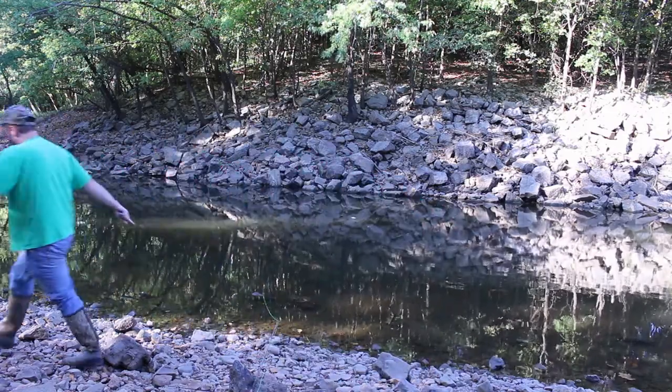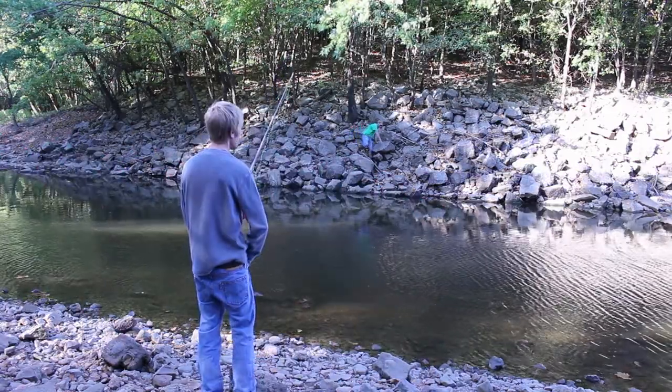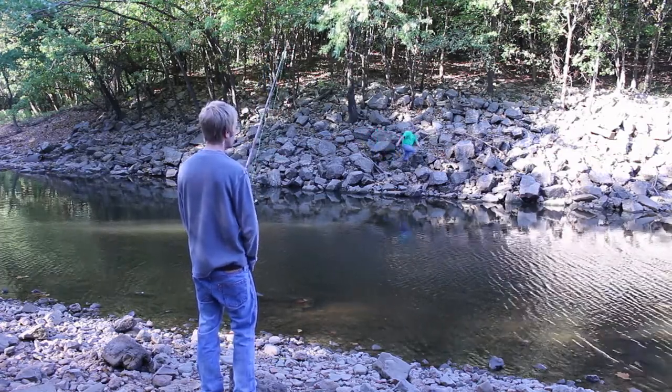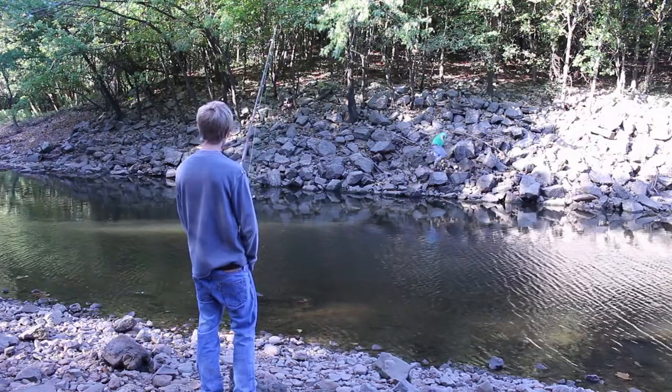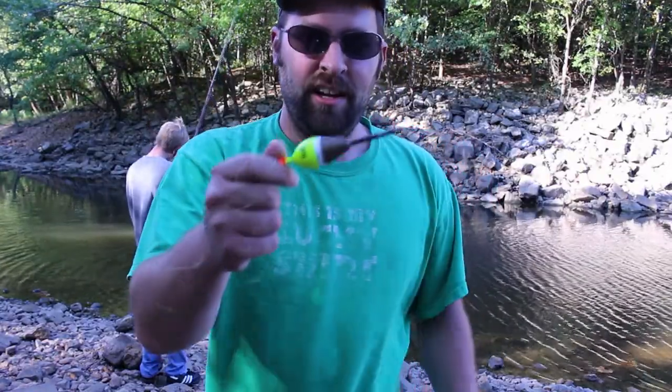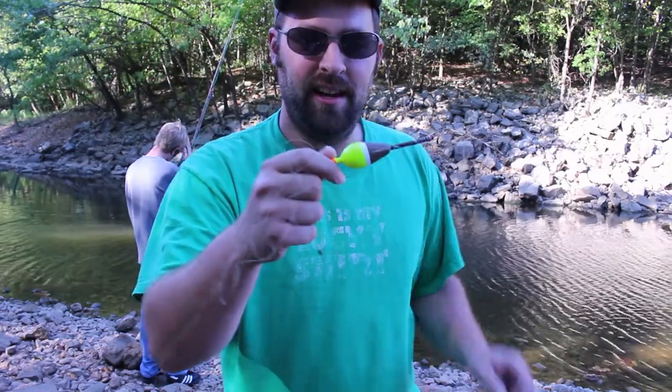Can you watch this red pole come? Alright, be careful, but keep going. This fish is still on. I'll try to save this fish. Alright guys, I noticed this bobber in the water on the other side of the creek, and it